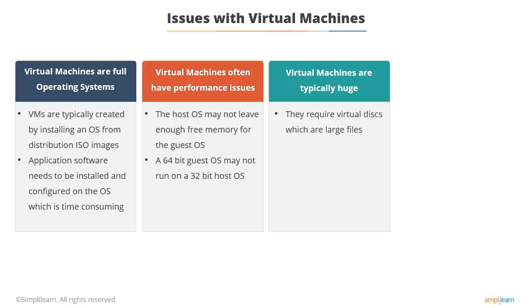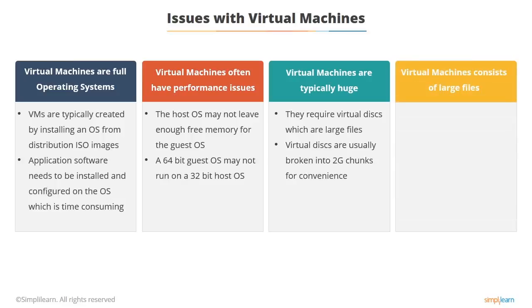The typical way that I've done it in the past is to use a program like 7-zip, which has the capability of compressing the virtual machine and breaking it up into small chunks of a certain size, and then you FTP or whatever the chunks across to wherever you want to get them. Because typically a virtual machine consists of a large number of files. They will typically break a large virtual disk into 2 gig chunks as well, for convenience.